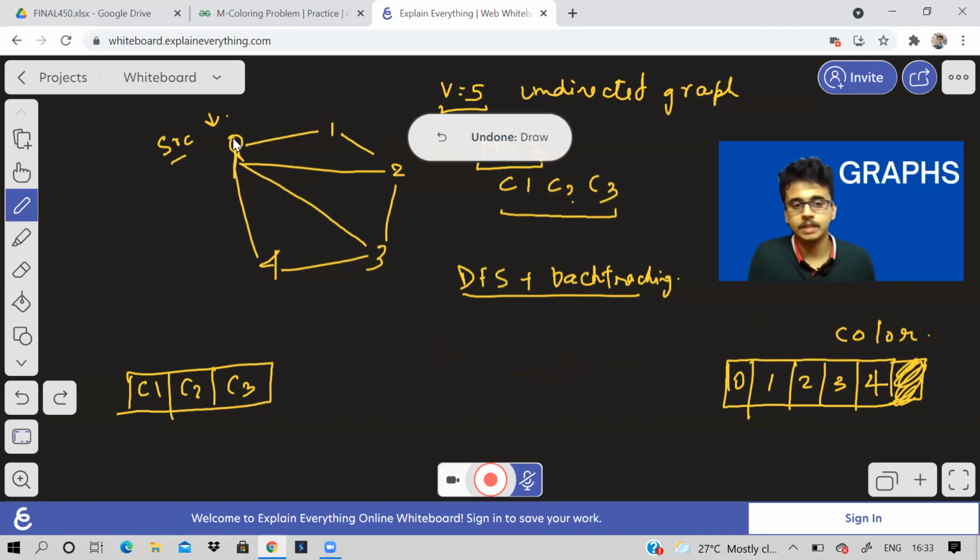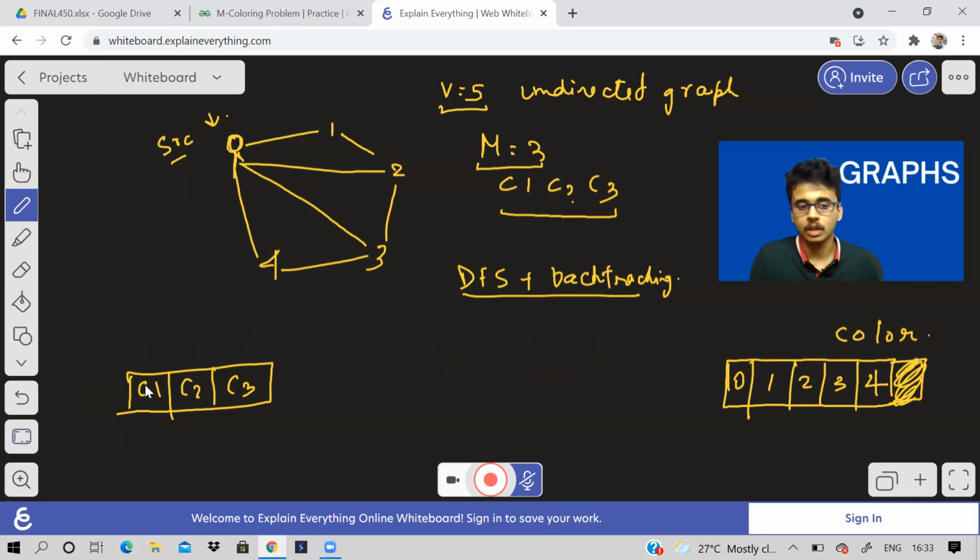Let us start with the source node, that is 0. I will take the first color C1, then check if I can color vertex 0 with C1 or not. How to check that? What is the adjacency list of 0? 1, 2, 3. Let us make the adjacency list quickly.